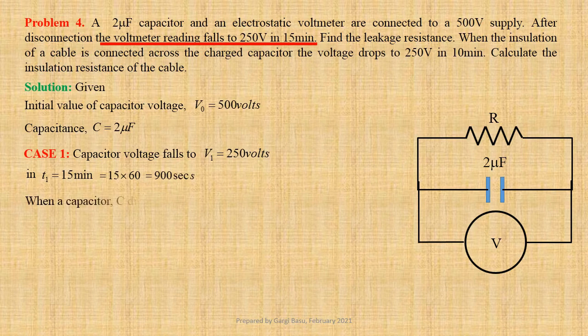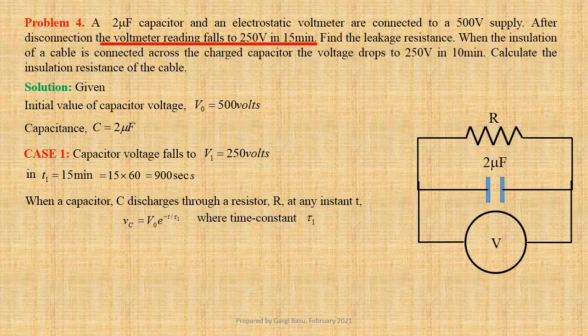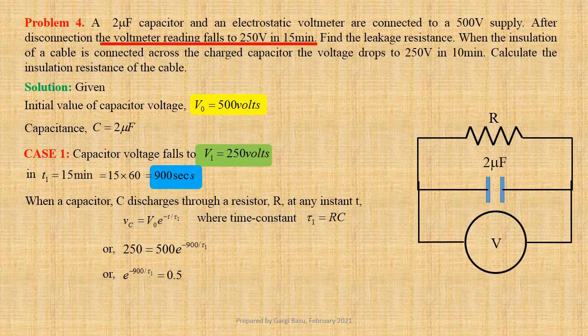When a capacitor C discharges through a resistor R at any instant t, Vc equals V0 e to the power minus t by tau 1, where time constant tau 1 equals R into C. Using values, we get 250 equals 500 e to the power minus 900 by tau 1, or e to the power minus 900 by tau 1 equals 0.5. Therefore, time constant tau 1 equals